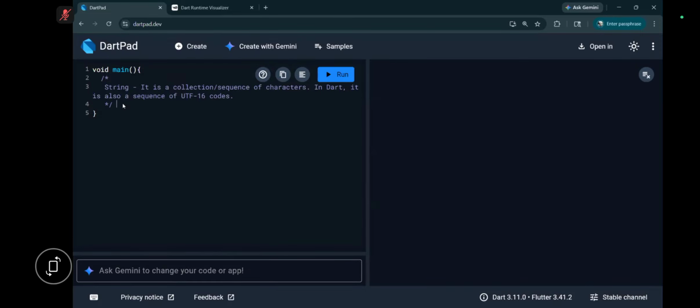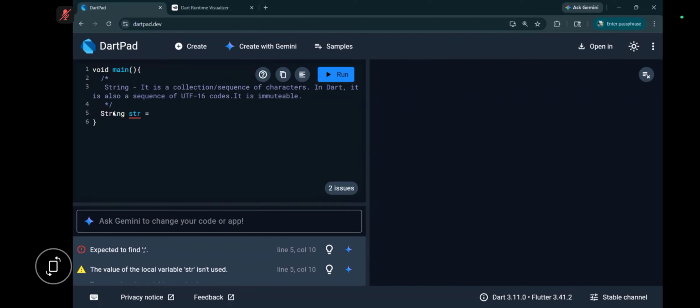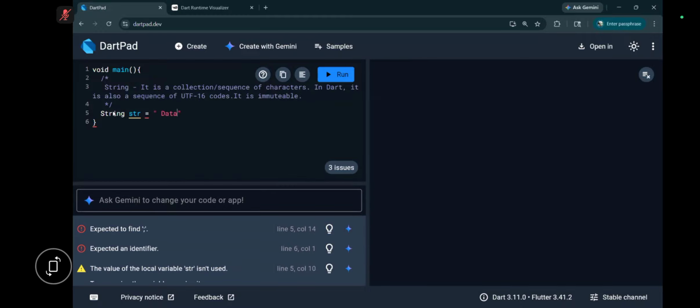Properties. Now apart from that, it is also immutable. So it is immutable. It does not change. Okay, it is immutable. Now let's start with declaring a string variable. Okay. So let me give it str as the variable name is equal to